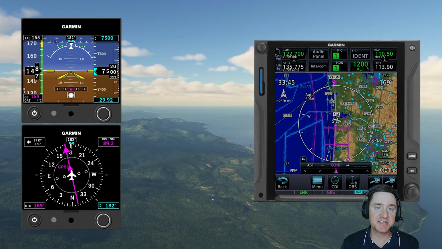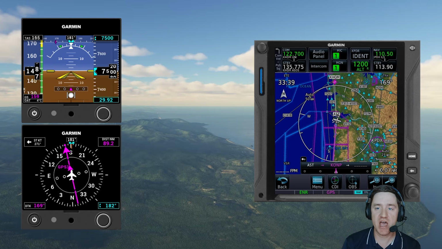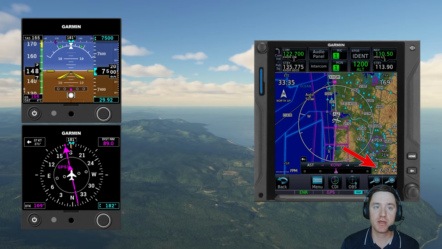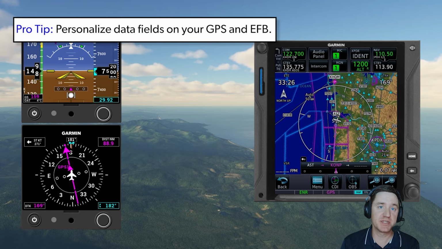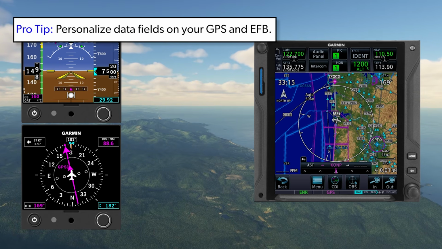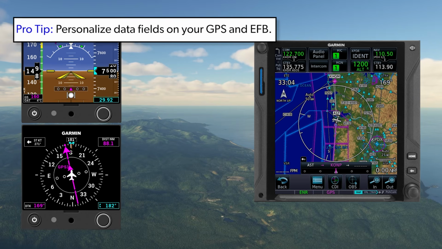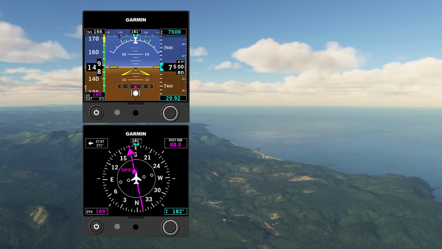So you might be thinking, that's nice, but my GPS doesn't have, for example, cross-track error on it. And in fact, any modern GPS lets you customize pretty much any data field that's on the screen. And the default data fields may not be what you want. For example, in this plane, a lot of the information that I need is already right in front of me